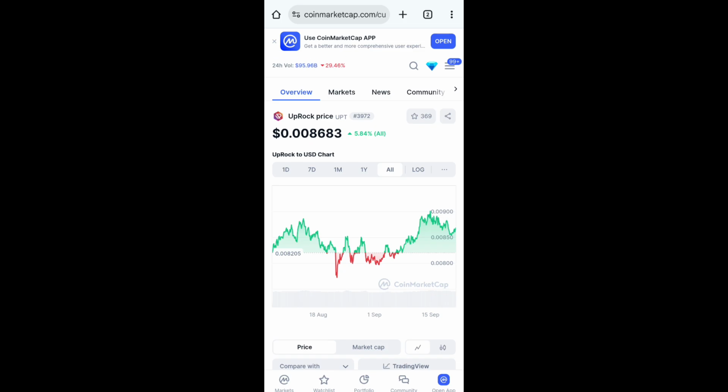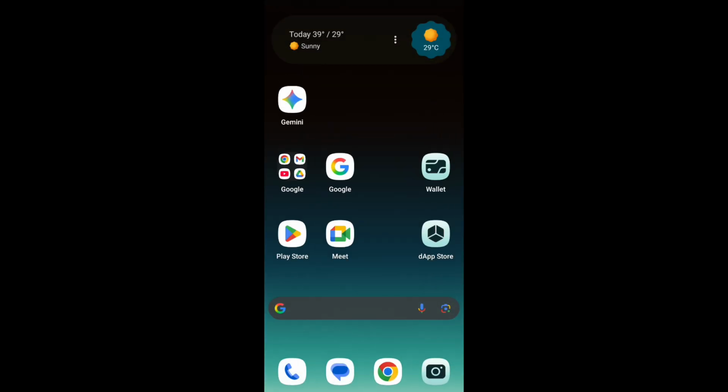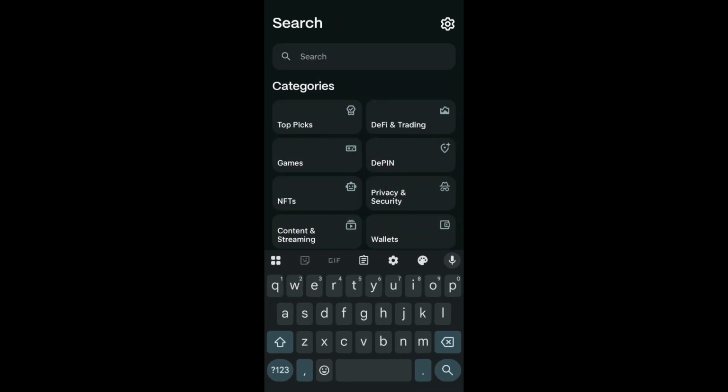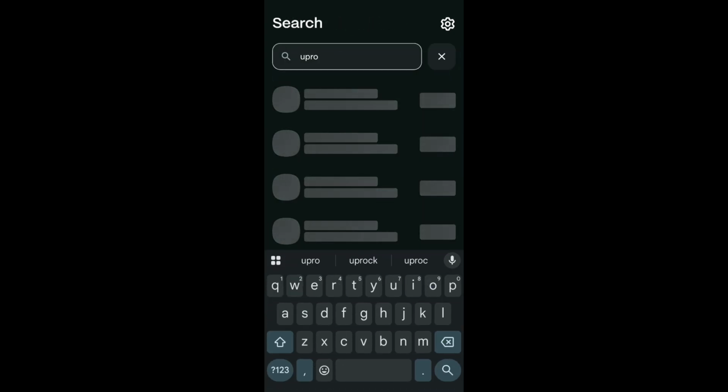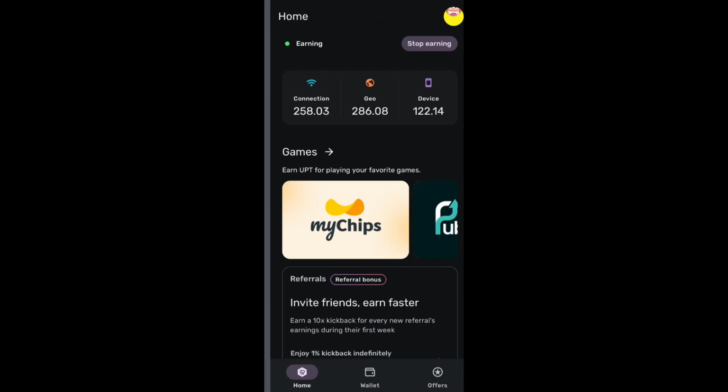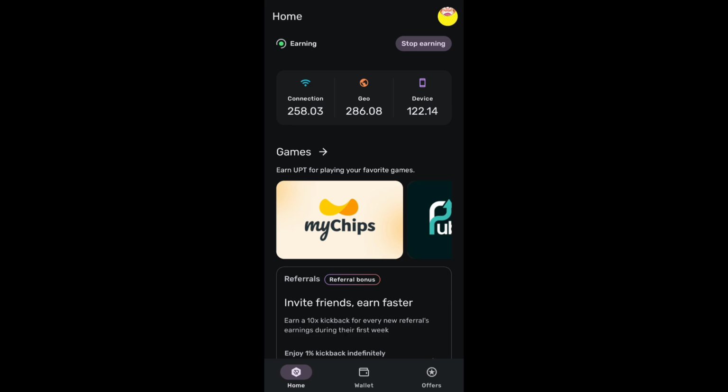So now I will go ahead and show you this app on my Solana Seeker. If you have a Solana Seeker, simply go to the App Store and search for UPROCK. So we'll wait, and then I've already downloaded it. So I will go ahead and click on open. The first thing that you will need to do is connect your